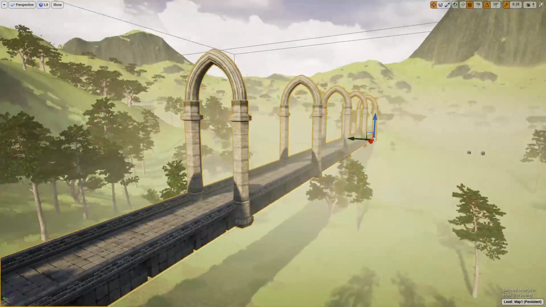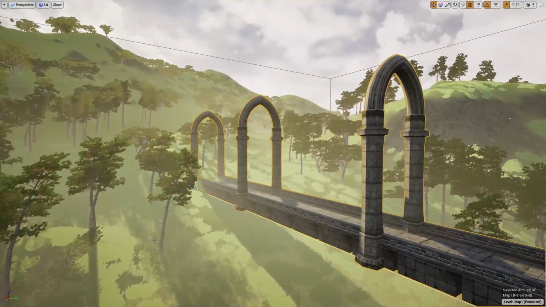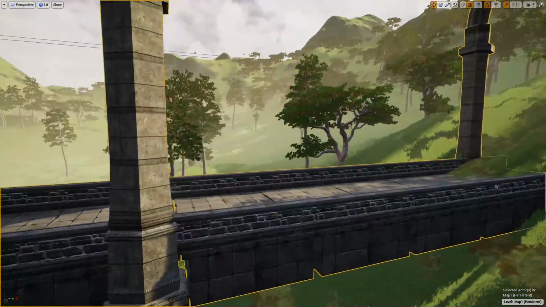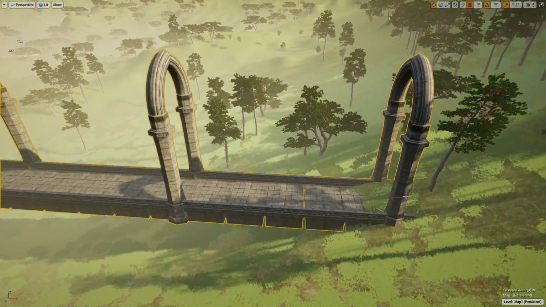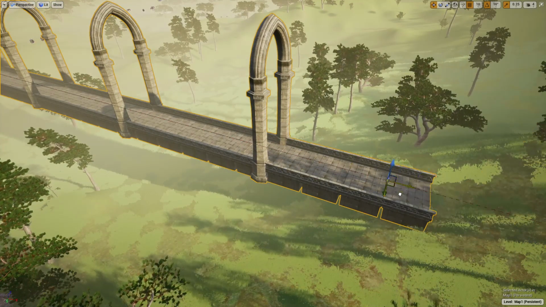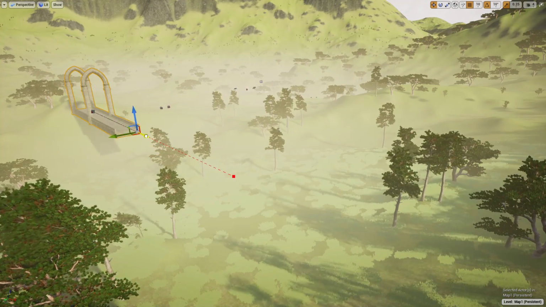So today we are going to develop a procedural road system like this. This road is created with multiple elements and guided with a spline. So when I change the spline, as you can see, the road is created like this,